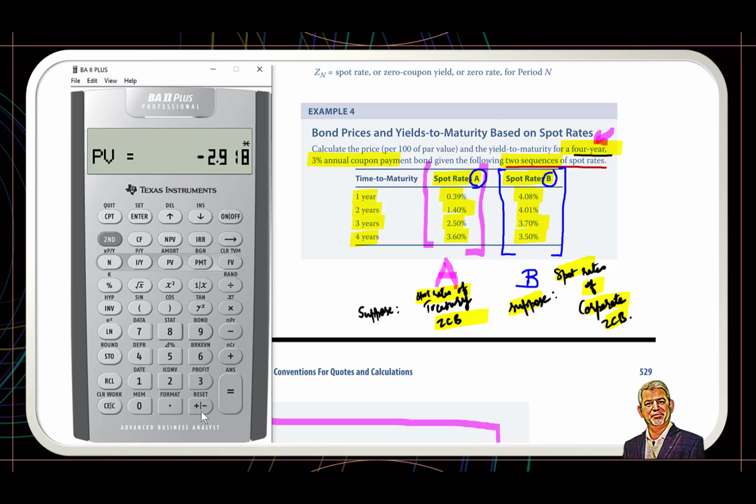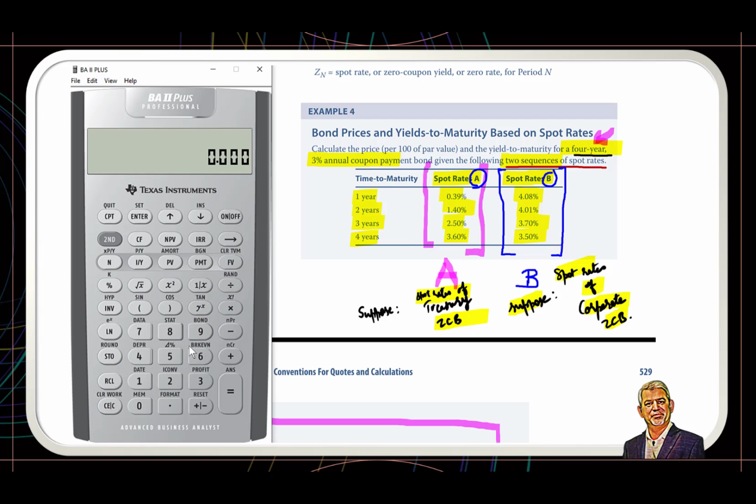So we will change the sign and store it in the second memory slot. The first memory slot already has, if we recall, a minus number, so I will also make it positive and then store it in the first memory slot,